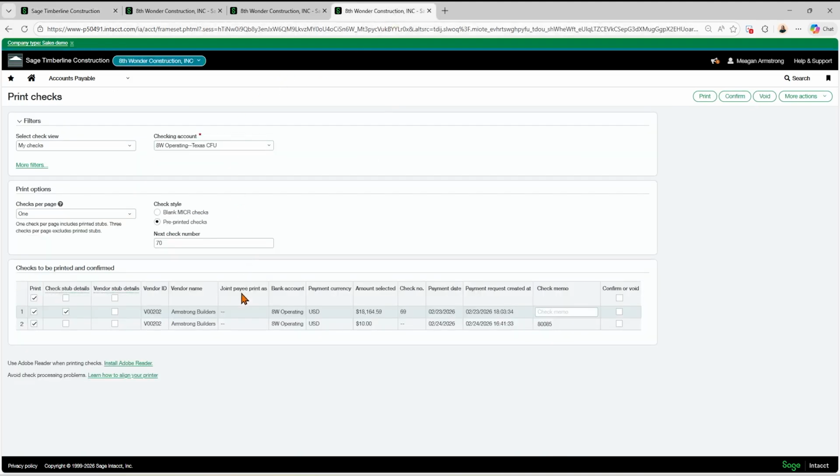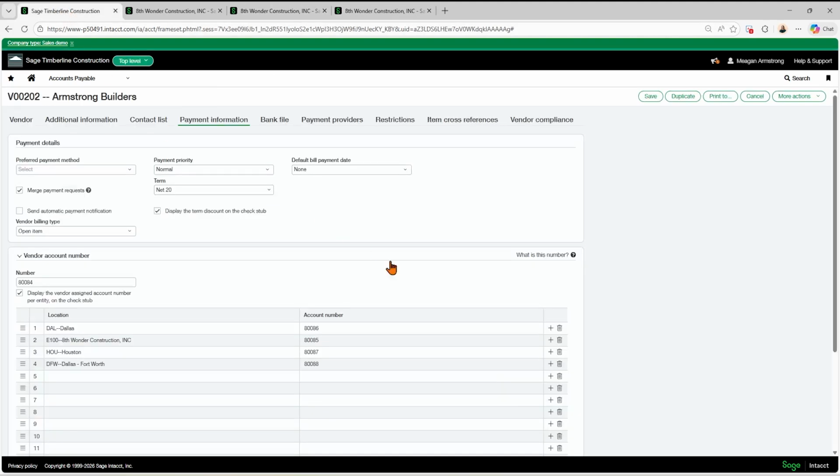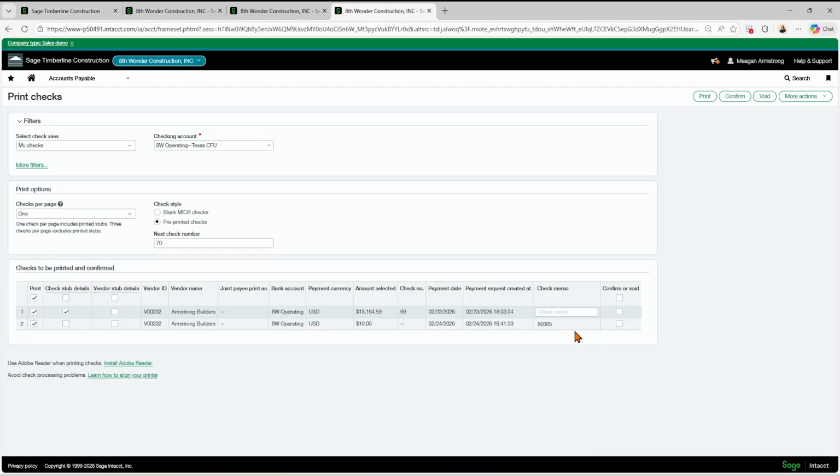So I've got two checks here for Armstrong Builders. This $10 one here is just for Eighth Wonder, so it's defaulting the memo to this 80085 here in the check memo.